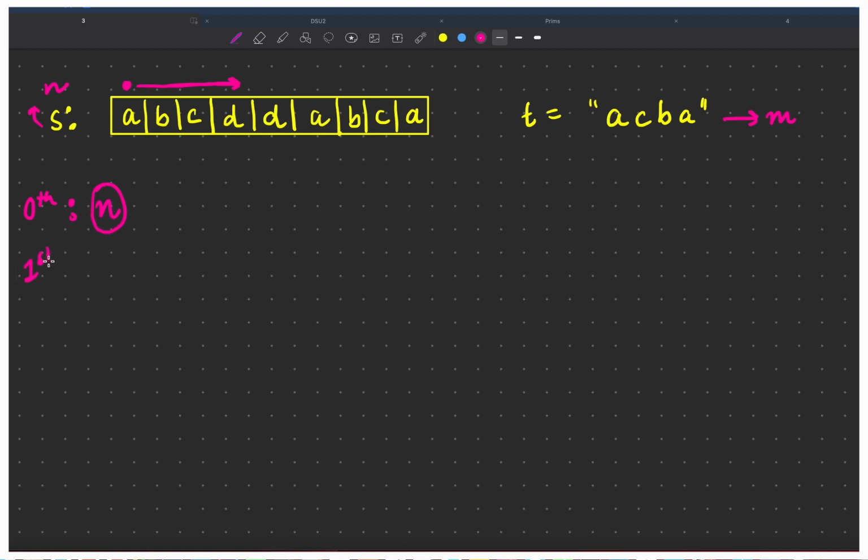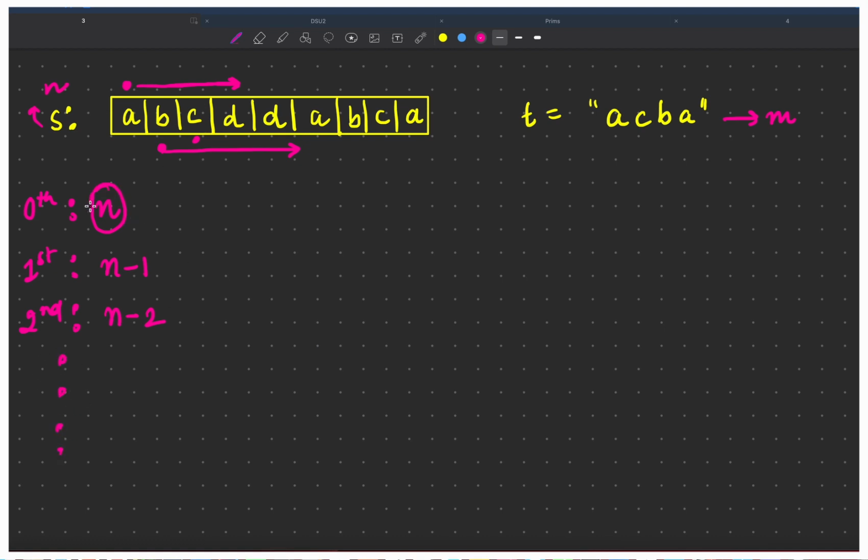Now for first index, after traversing all the elements starting from 0, we moved to first index and we started searching the characters of the target string in S again from first index, right? So again from first index we will need to traverse n minus 1 elements, so it will take n minus 1 time. Now for second, again from second index we will go till the end of the array, so it will take n minus 2 time because we need to traverse n minus 2 elements starting from second index, and it will go on.